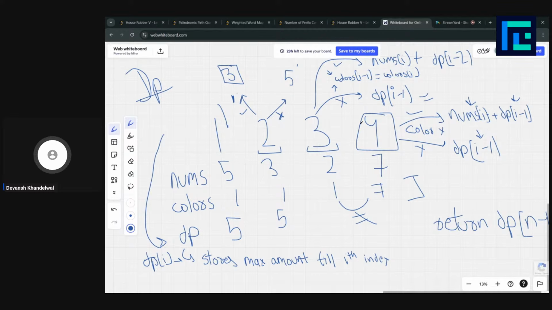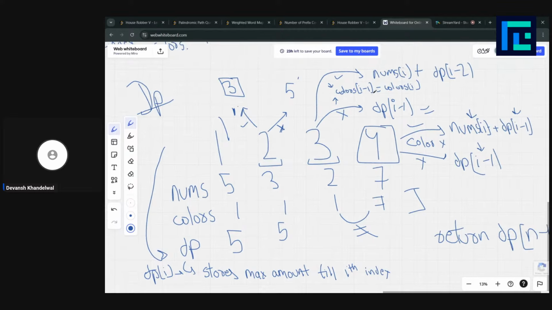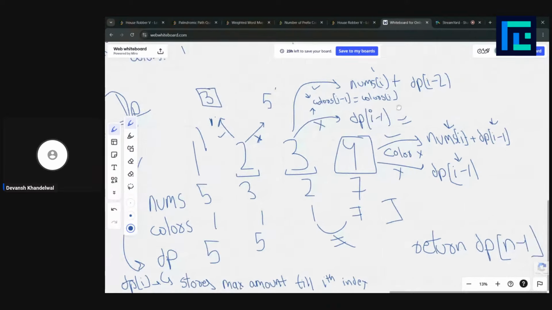Similarly, if the colors are the same, if we took it, it is the maximum amount we had till two houses back, because the last house we are not going to take, plus the amount we got by robbing the current house. If we are not going to take it, it would be the amount we got until the previous house. We take the maximum of both, and then store it in the dp vector.